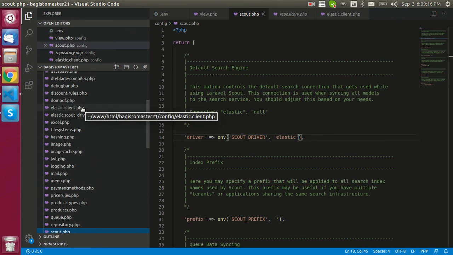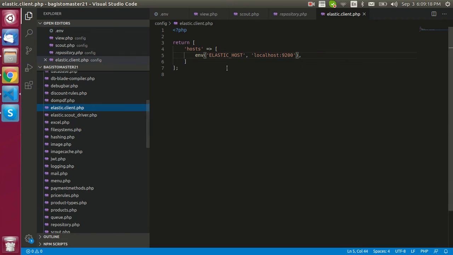After that, you need to go to elastic client.php. So guys, here by default you will find localhost:9200 as the elastic host.